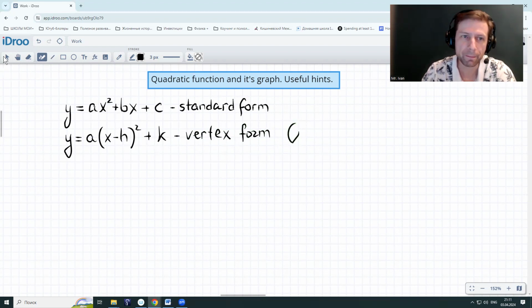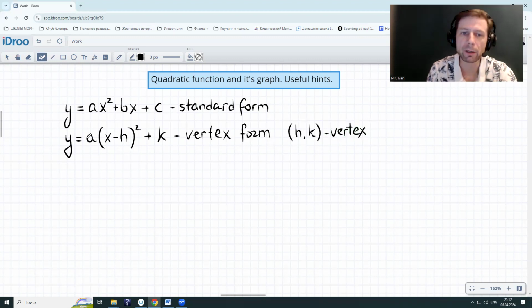If I put it this way here, this is the vertex coordinates. Actually, one more thing: a here and a here is the same a if we talk about the same equation,